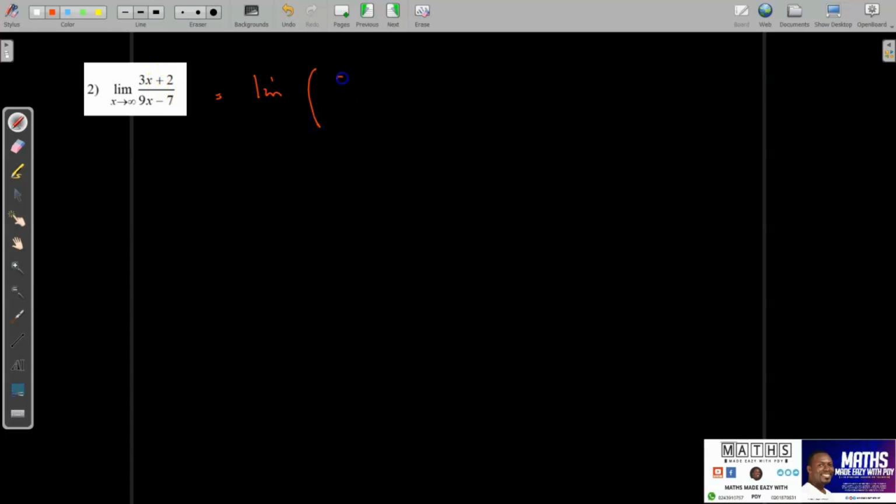So we have it as 3x divided by x and then plus 2 over x, and then all divided by 9x over x minus 7 over x. So as x approaches what? Infinity. This will be leading us to